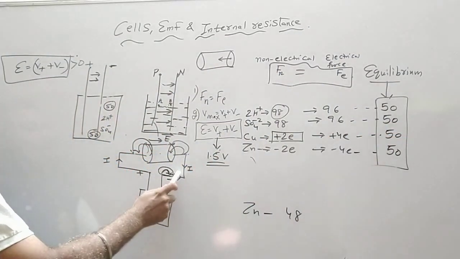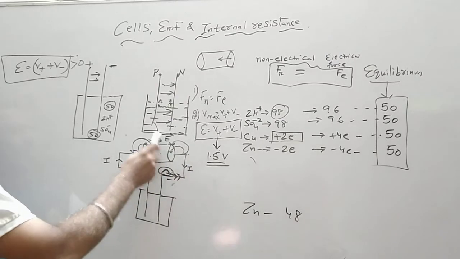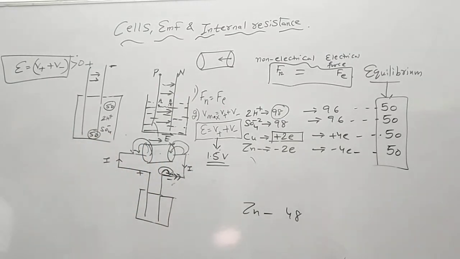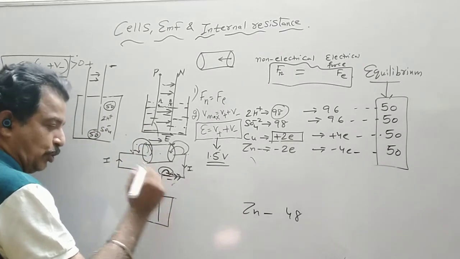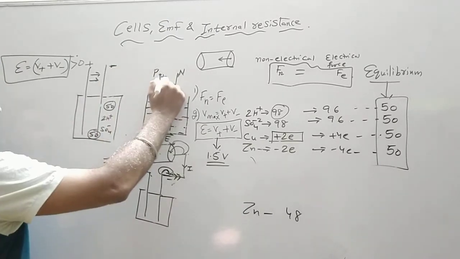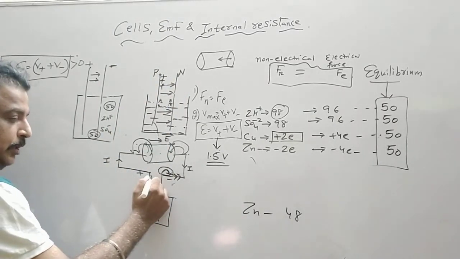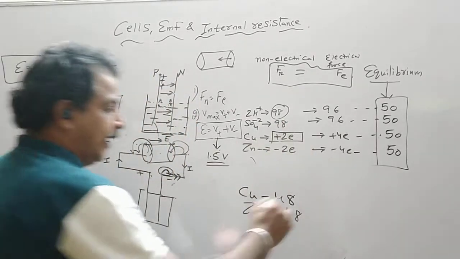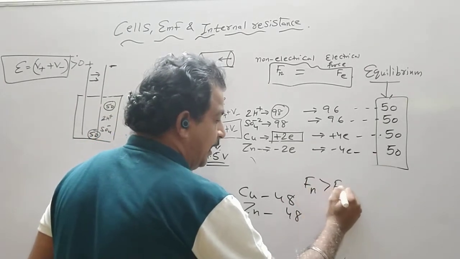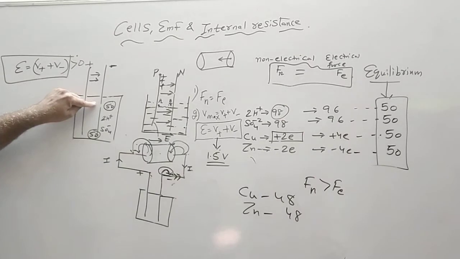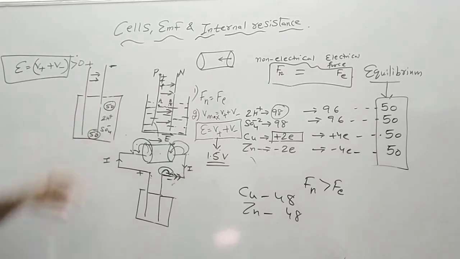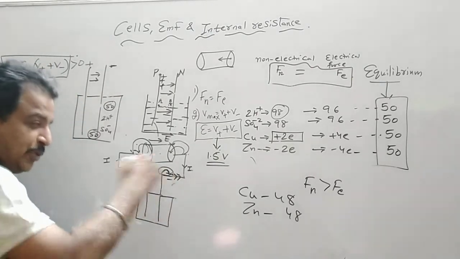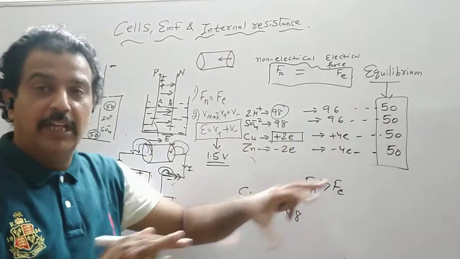So two electrons come out, two electrons go inside the conductor, and two electrons come out. Anywhere, charge is neither created nor destroyed. These two electrons come to this copper plus, so it was plus, and it becomes neutral. So now the copper will also have 48. Now what happened again? Again Fn becomes greater than Fe, because they were 50-50. Now the motion of ions will again start inside it. Immediately this happens. Now all this process, all the 4 steps, will take place simultaneously.